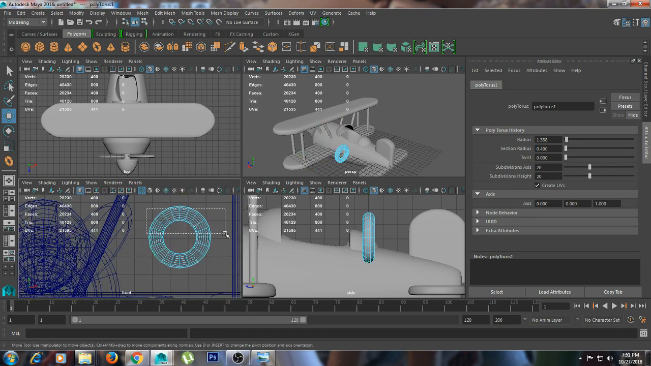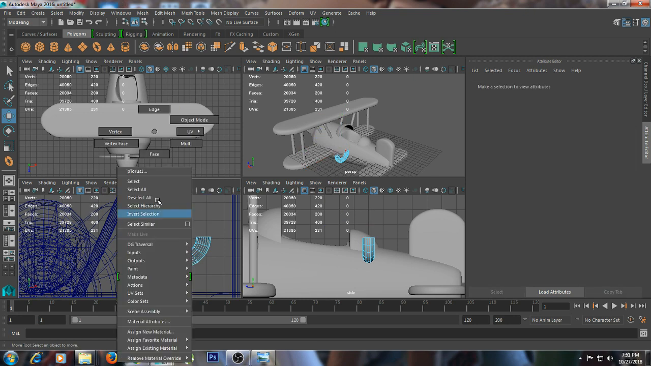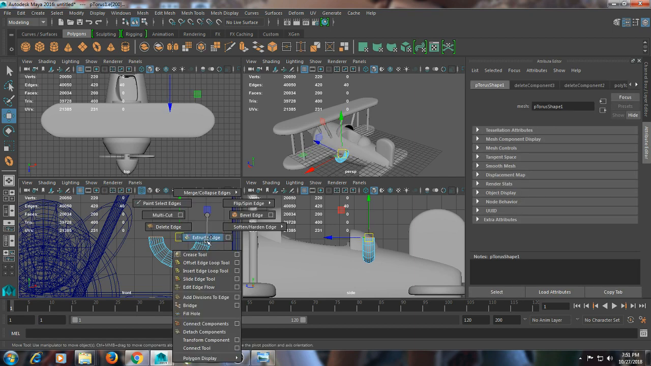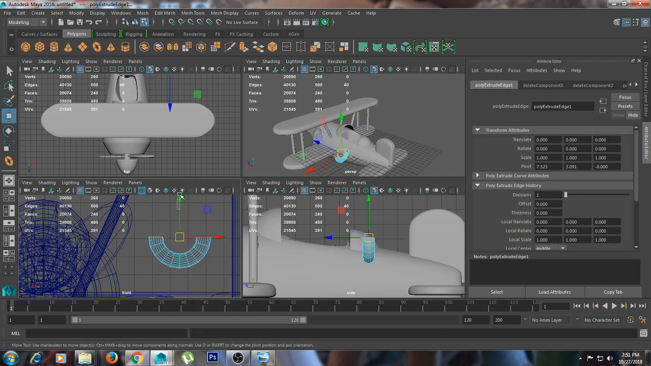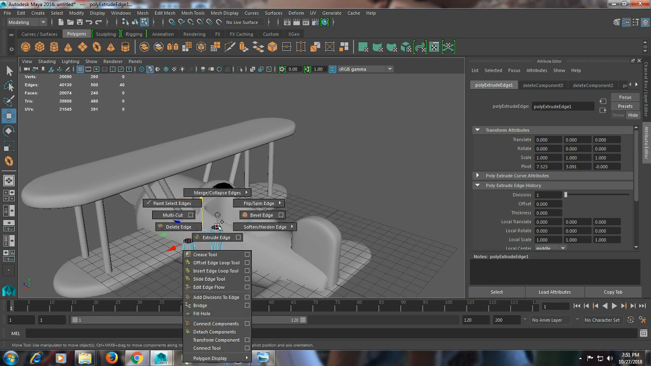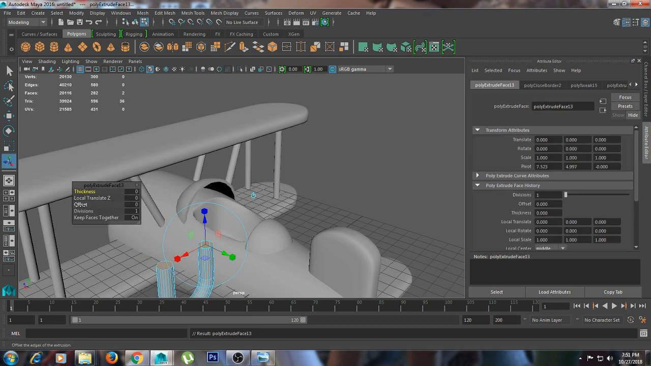delete half of this shape, and then I'm going to click on this edge and this edge, and I'm going to extrude it like so. Right click, fill hole, and then I'm going to select these faces, and then I'm going to extrude it. Click on offset like so,